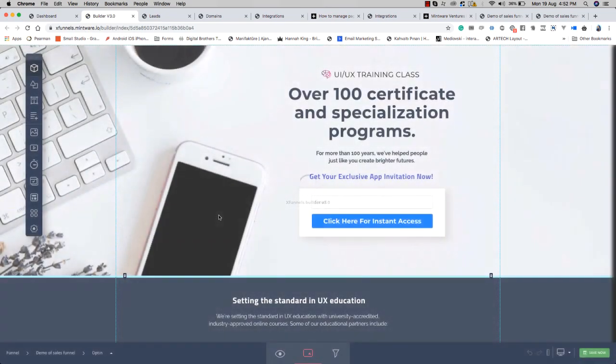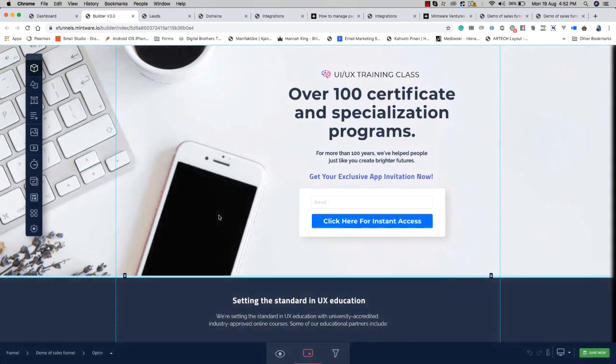So this is our xFunnels Builder version 3.0. What are the new features? If you remember, if you have seen Builder 1.0 and Builder 2.0, and now you can see Builder 3.0, it's like east or west. It's completely different. So you see, this is our new builder, which is smarter, faster, and optimized,